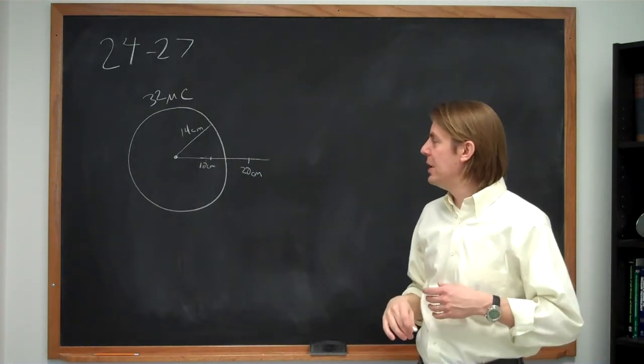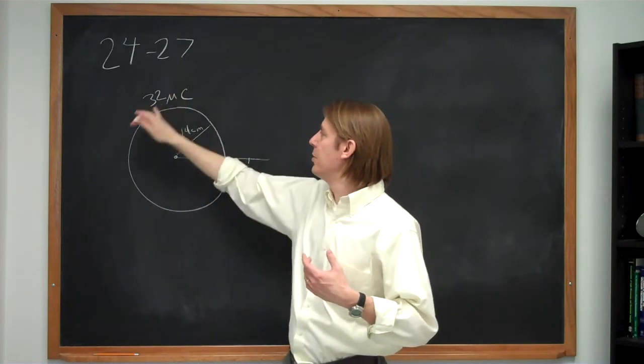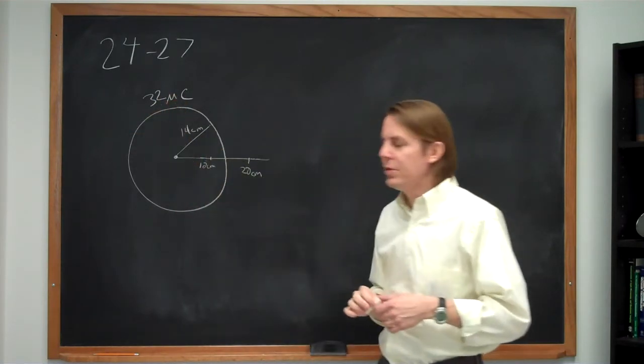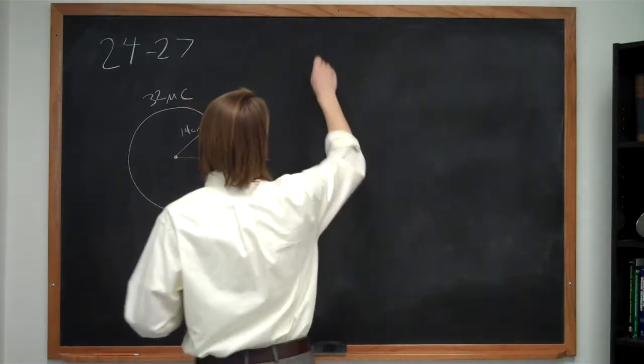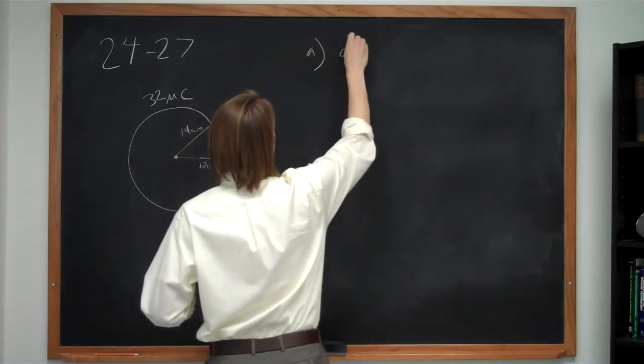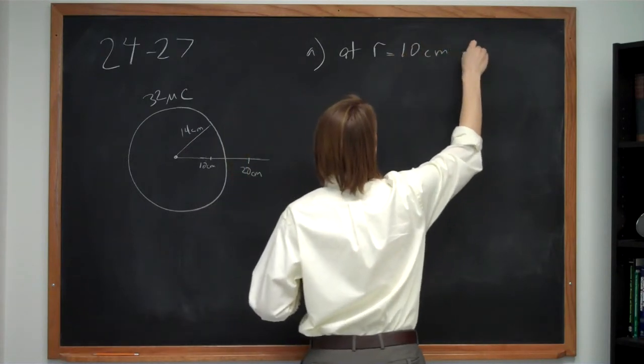And they want it actually in terms of the actual electric field because they're giving you everything you need to know. They're giving you the total charge and they're giving you the distance. So we're going to solve this with Coulomb's law. So let's do part A at R equals 10 centimeters. You're inside